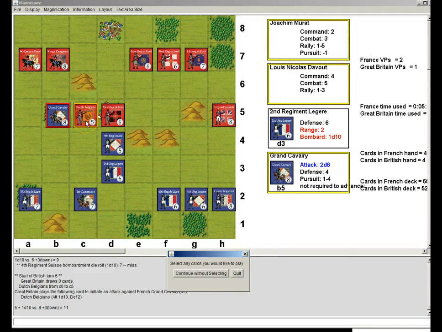So he's at a base of 5 plus a d10 roll attacking our cavalry in the woods. So he doesn't have a very good chance. So we won't even bother playing any defensive cards. Now we could add 5 to the combat here, add 3 to the combat here. And the guard cavalry, is it grand cavalry? B5. We do have a card here. We could play defensive 4, but we could hold on to that and attack him back in just a second. So let's just skip that, let him do his attack,